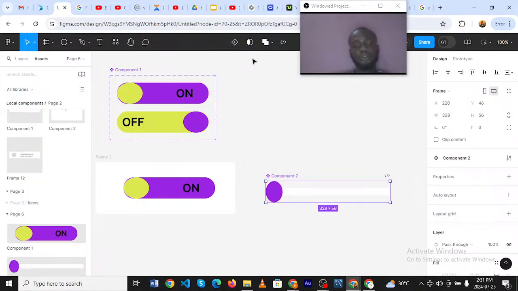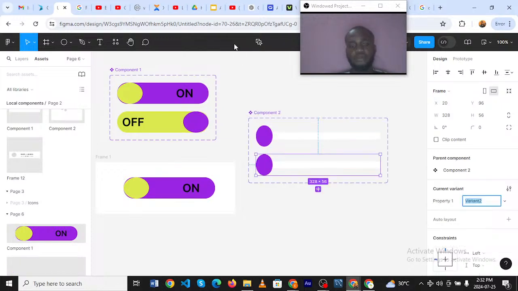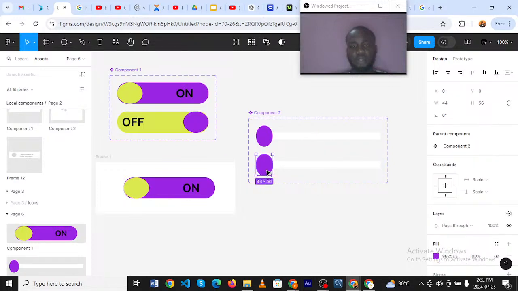All right, so remember our theory. Whenever you create a component, if you want to have a duplicate, you must add a variant. That's what we call a variant. Variant is the parent of a component. So I'll come here now and add a variant. When I add a variant, I come to the circle and move the circle.